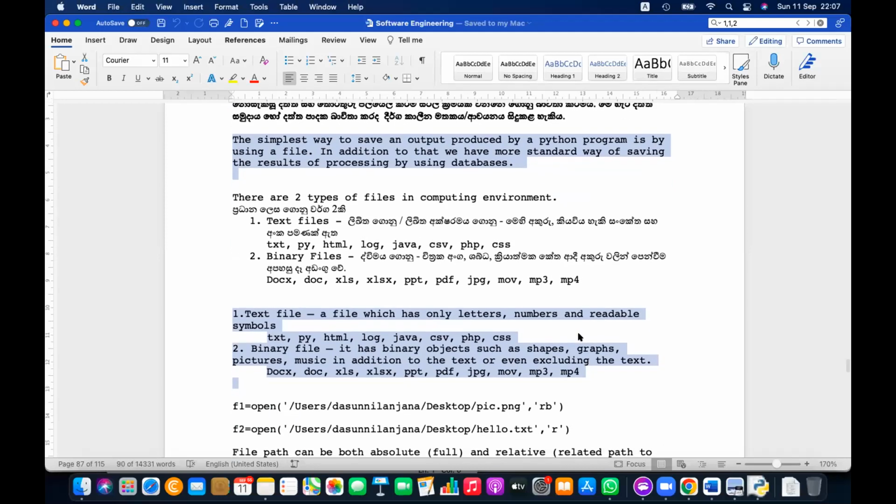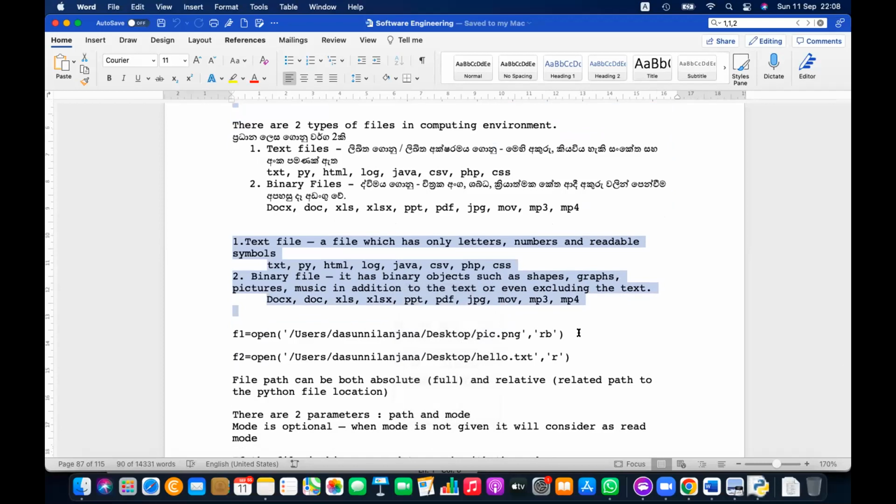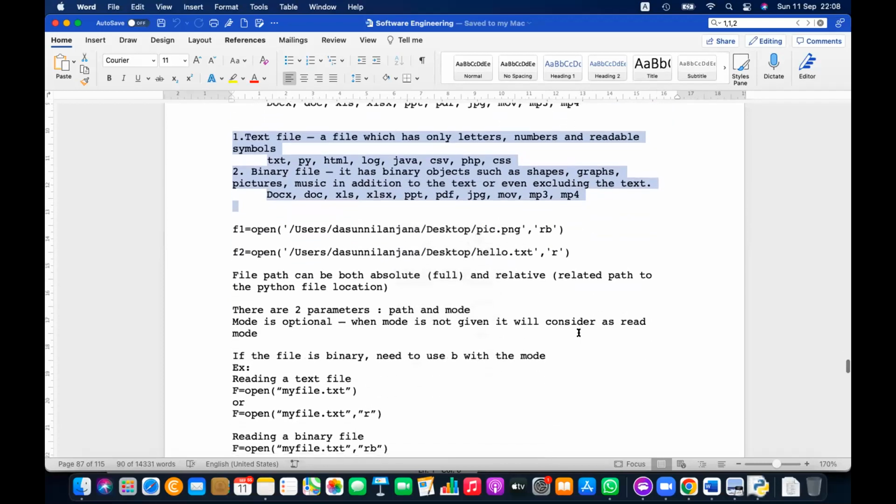Right, so let's do this. Let's analyze how we can use this to write and read files. Both kinds of files can be written and can be read. But when you're reading binary files, they are read basically using